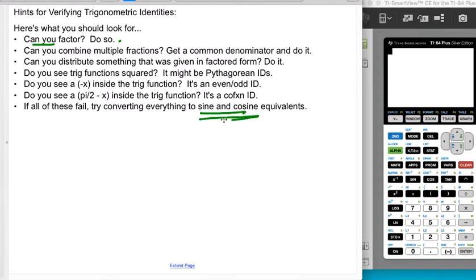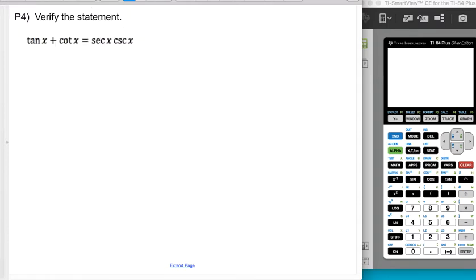And then after I turned it to sine and cosine, I was able to see that it was actually fractions, and then I could combine it. And then I ended up having a factor, right? So sometimes it doesn't go in the order you'd expect, but that's why sometimes these problems can be pretty hard. Most of them are not that difficult. That's intentionally the fourth one out of these. It's the last one in this video that I do by myself,